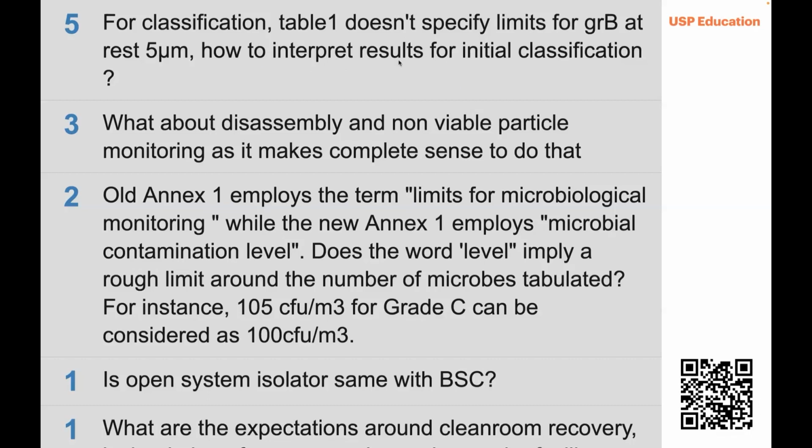It's kind of weird that the way they put it together is, oh yeah, you don't need to classify it, but you definitely need to monitor it. As we understand, of course, during the classification we want to understand that we're going to pass our monitoring on a regular basis. So it really depends on how you set it up. How are you going to monitor that 5 micron? Like I told you, the difficulty of the 5 micron